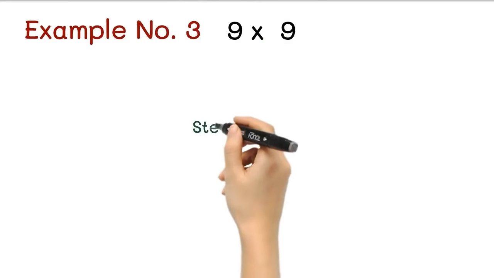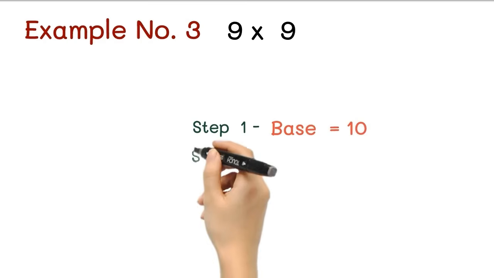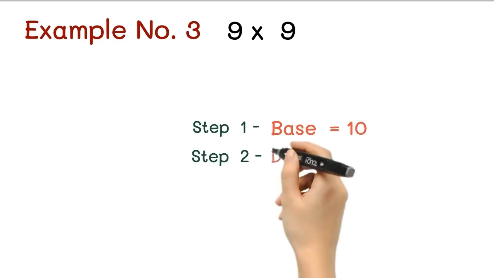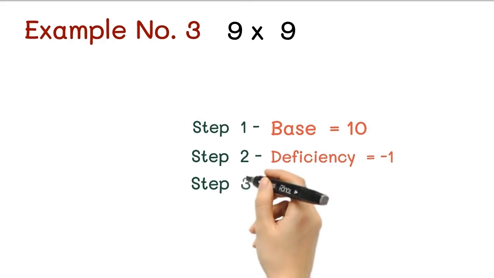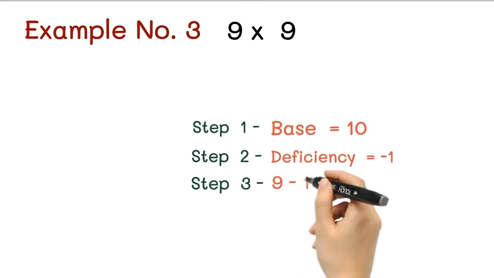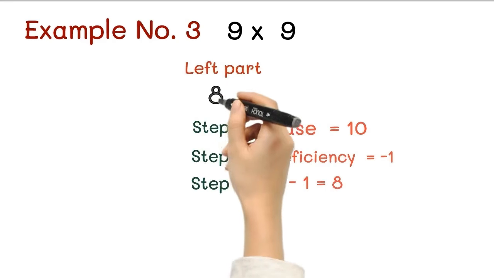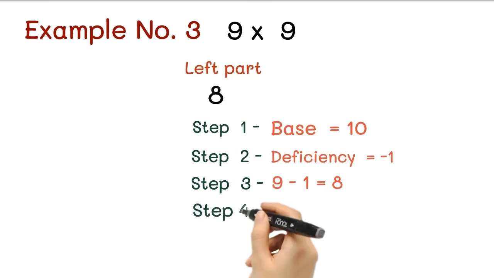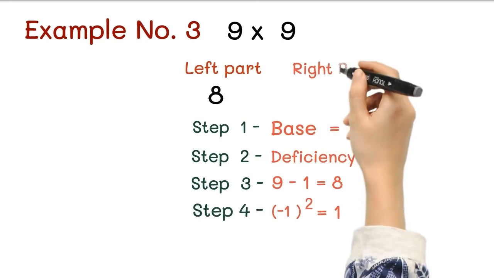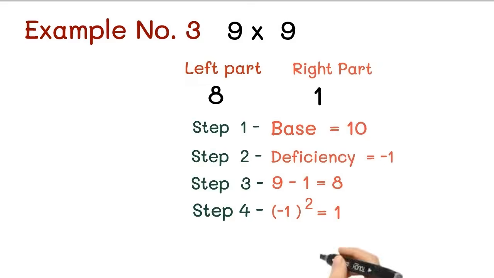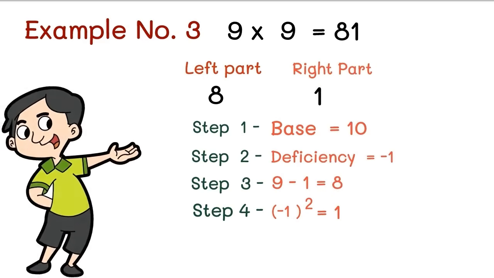Example 3 is 9 multiplied by 9. Like the previous solved example, let's find the base. And the base is 10. Now it's time to get the deficiency. So the deficiency is minus 1. After that, subtract the deficiency from the number. So we get 9 minus 1 equals 8. Hence we got the left part of the answer. At the last, take the square of minus 1, which is 1. Here's the right part of the answer. And that's it, the answer is 81, so you have observed that we can use this method for both smaller